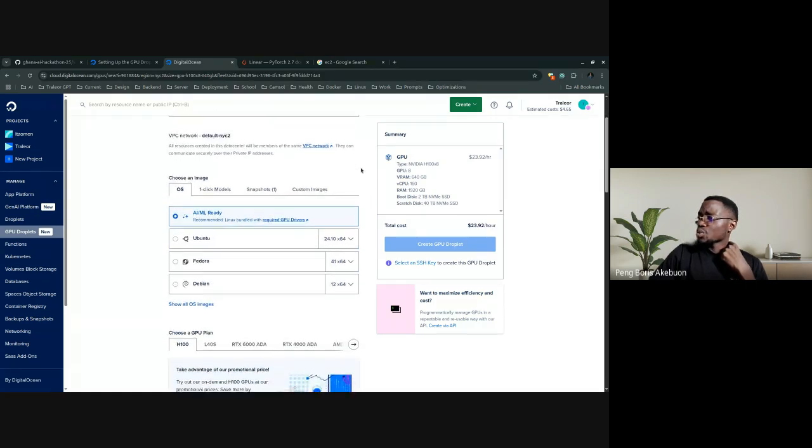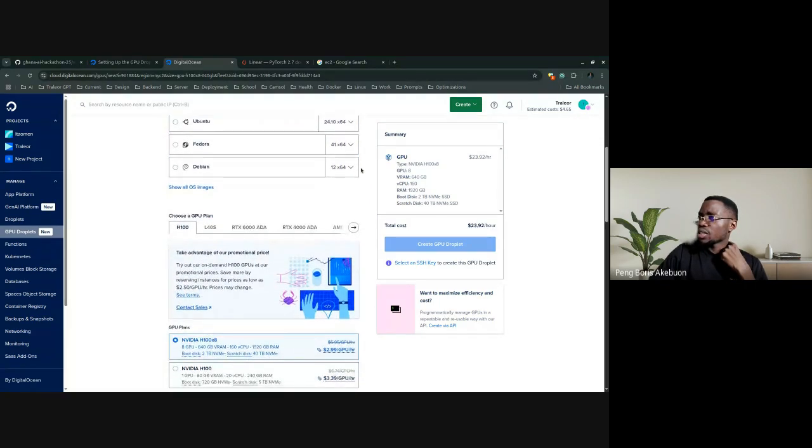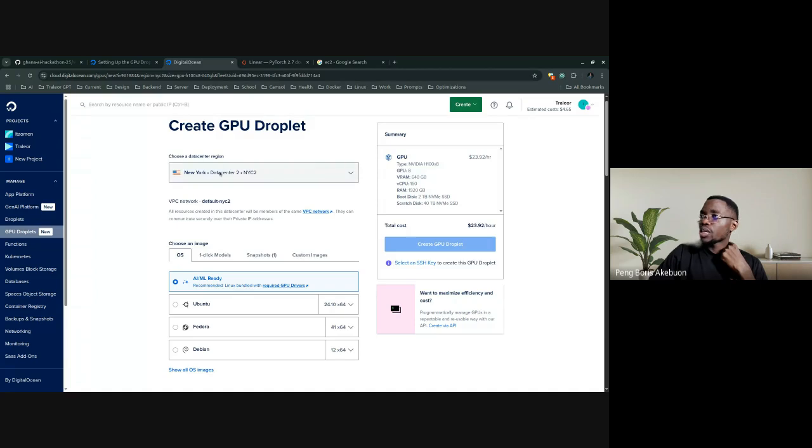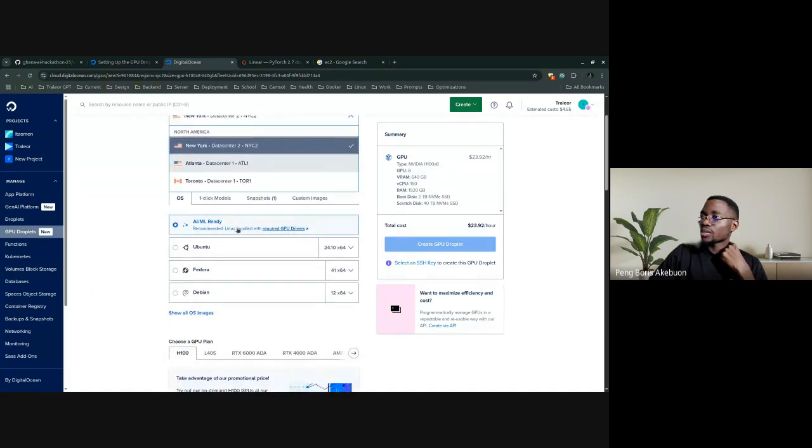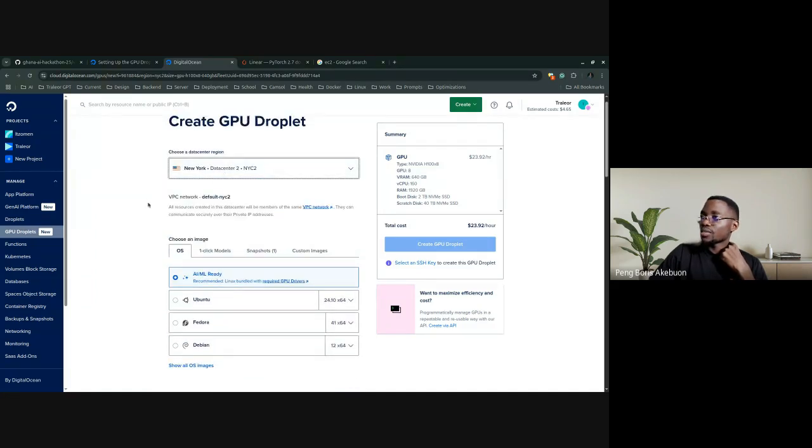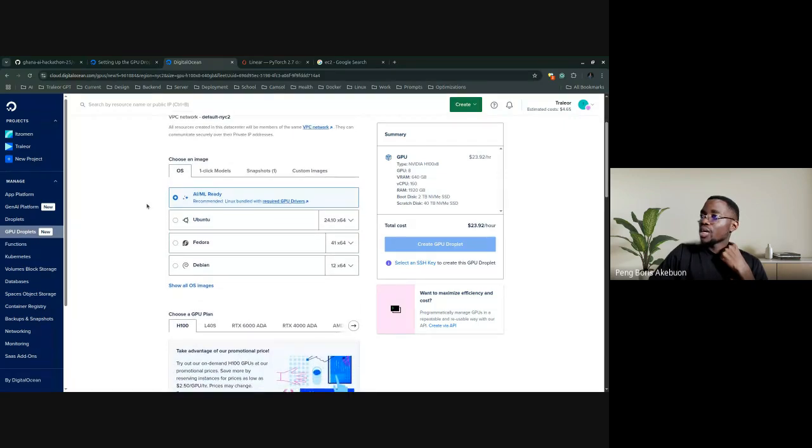What I usually use, if you scroll down here, let's just pick here. Here you choose the region you want the server to be located. Let's just leave the default region. The OS,